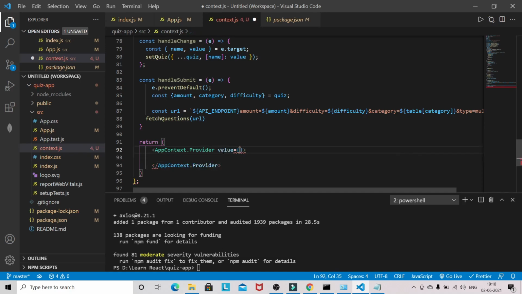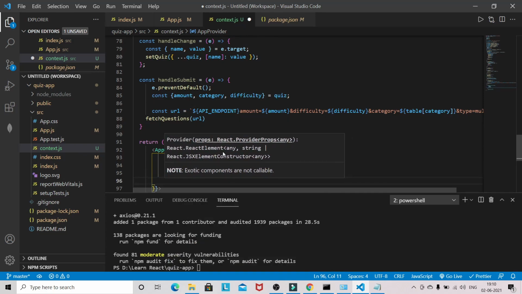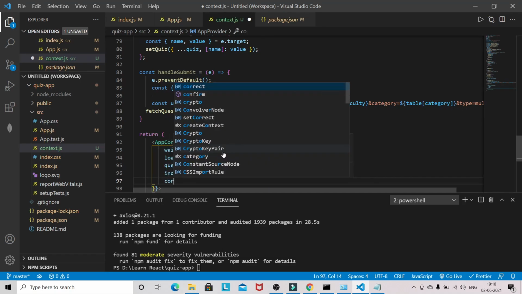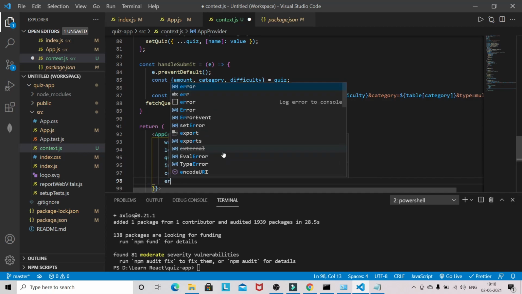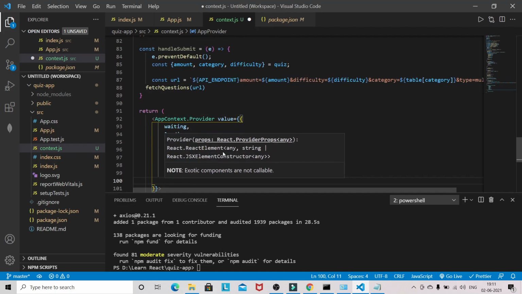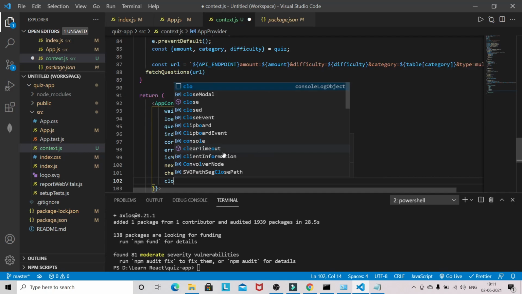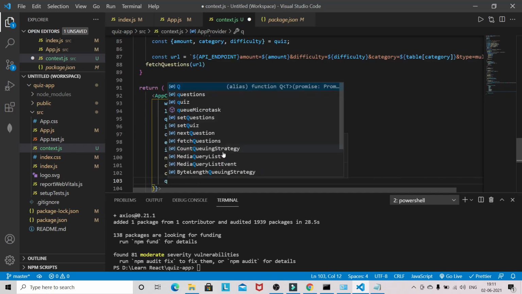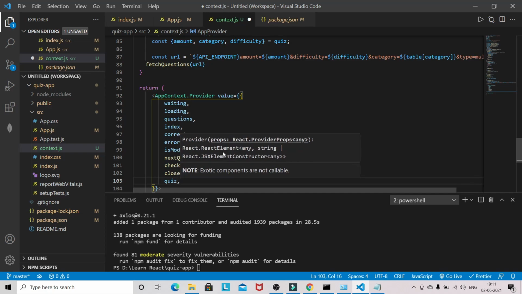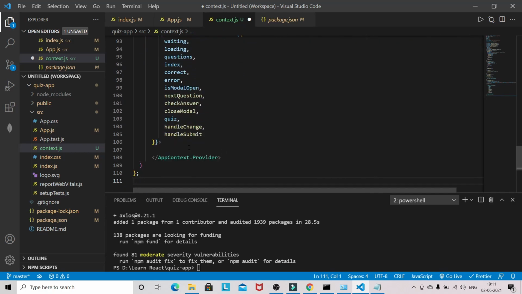So the value will be: waiting, loading, questions, index, correct, error if there is any error, isModalOpen, nextQuestion, checkAnswer, closeModal, quiz, our initial state also, handleChange, handleSubmit and children.